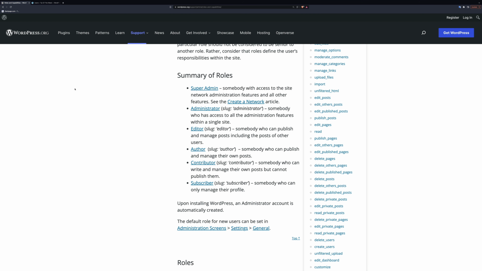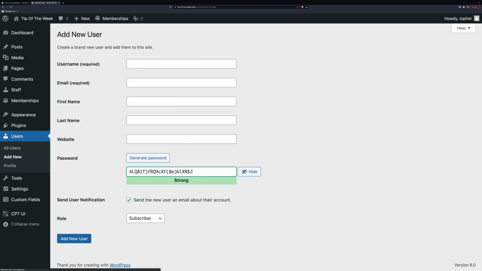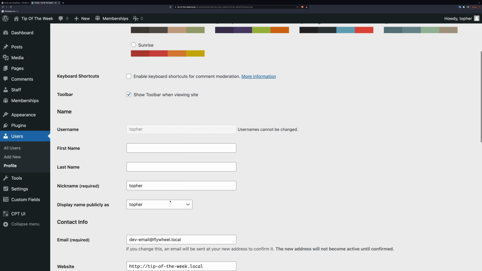So now let's take a look at where you might see these in WordPress. Here's the users page, and you can add new. And at the bottom, you can choose what role a new user might get. Also, if you edit someone, you can see their role.